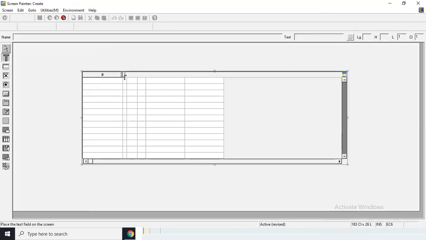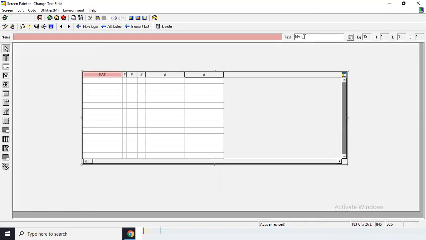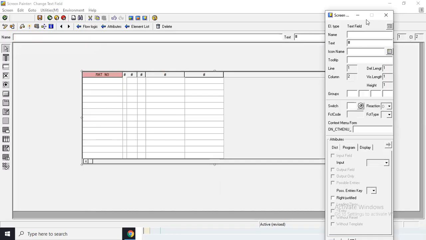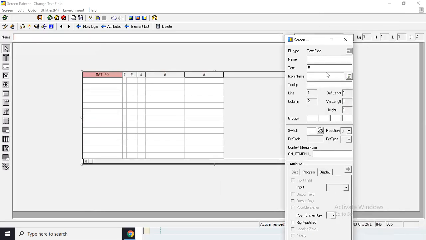Select this heading's title. Just select it. Select this text. Now click on the text, and here you write the text. What is that? Material number. Option 1, or else option 2, double click. If you double click, you will also get the same. And then, instead of double click,